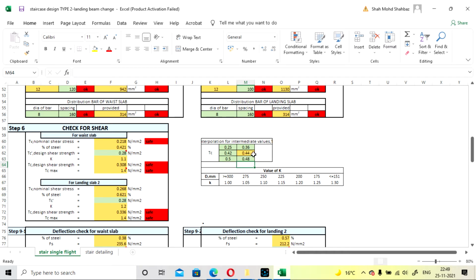Now see, the intermediate value changes, and it is coming as 0.44. And this K depends on your total thickness of the slab.